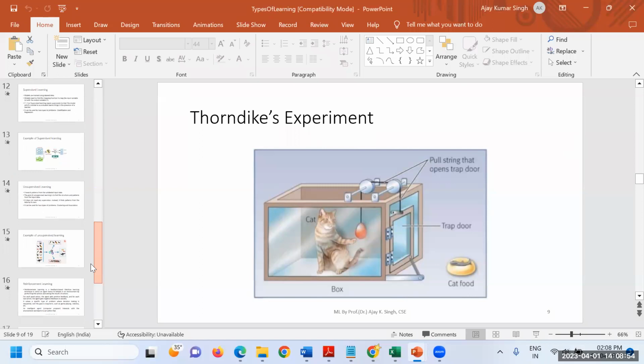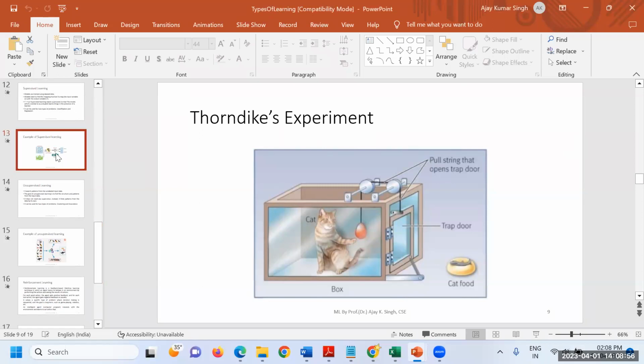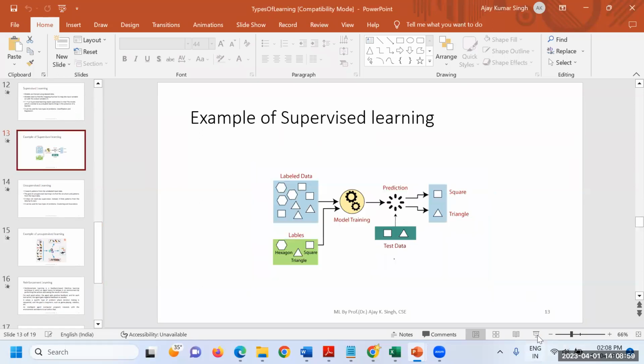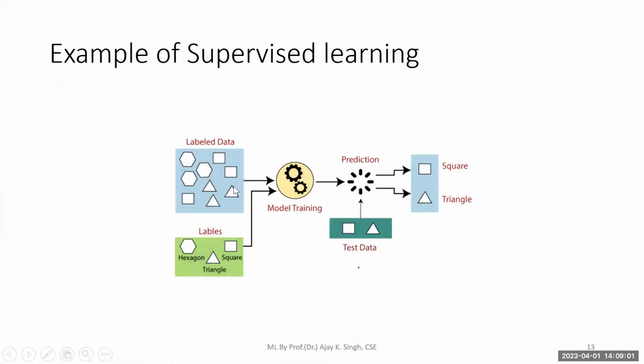Now, coming back to some of the algorithms, not going into much detail, you might be knowing of supervised learning. Suppose labeled data is there, and based on this we are going to create some model. This model can be created by a number of different algorithms, like gradient descent, k nearest neighbor, random forest, SVM. By using these we can create the model, and then after creation of the model, we are going to predict the test data.